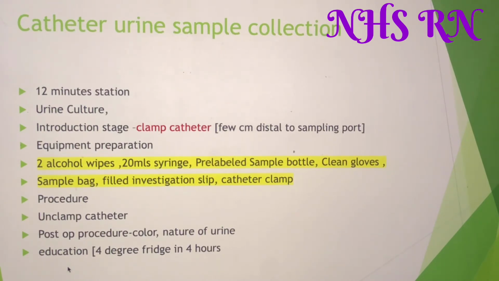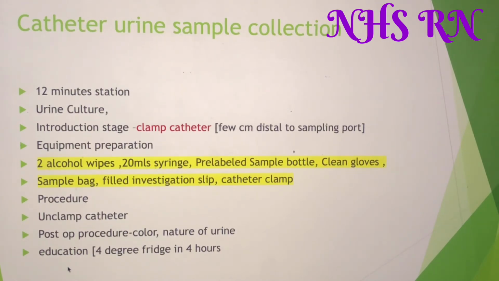When you do it, you have to make sure it is in an ANTT technique, so you can't touch the key parts. You need to keep those key parts sterile at all times. I have made a video about it, please watch it so you will understand what I am saying. So that is the procedure. After that you must unclamp the catheter and dispose of the clamp, if it is a plastic or disposable clamp.